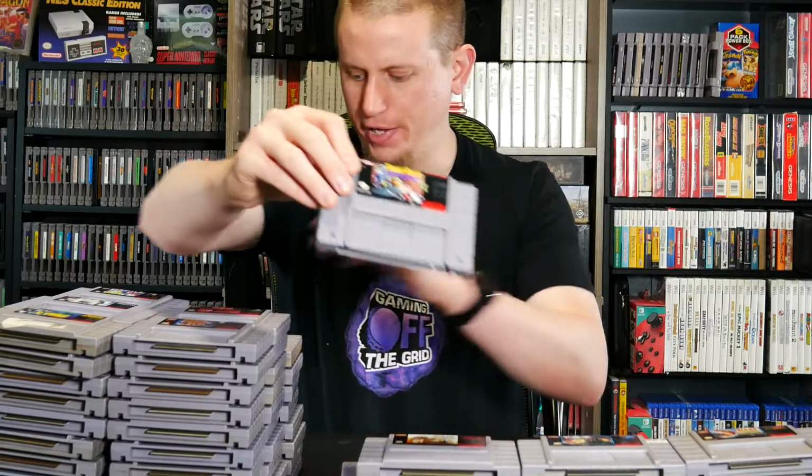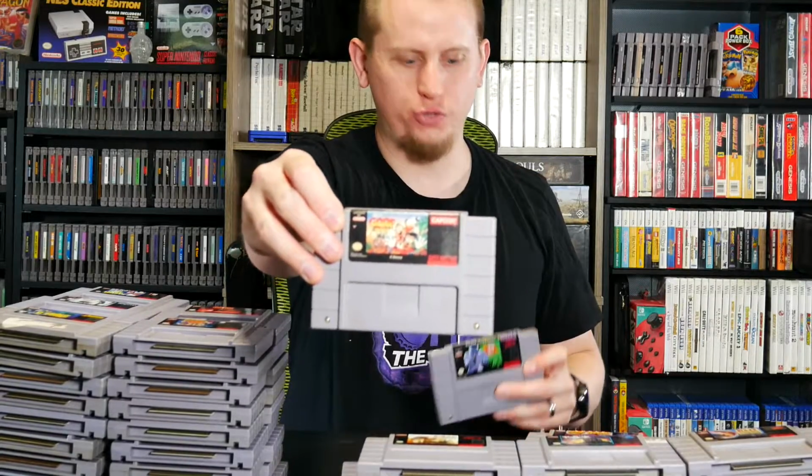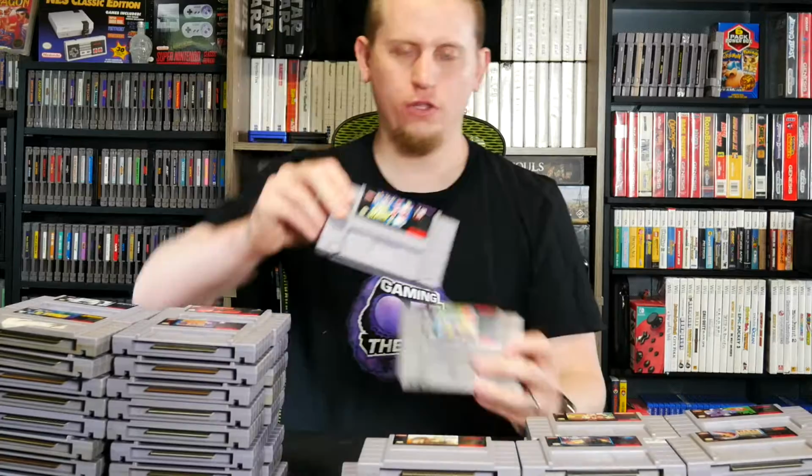Tiny Toon Adventures Buster Busts Loose, The Great Circus Mystery starring Mickey Mouse, Saturday Night Slam Masters, Stunt Race FX, Top Gear 2, Dragon The Bruce Lee Story, Where in Time is Carmen Sandiego, Super Conflict, Thomas the Tank Engine and Friends, Super Off-Road, Disney's Goof Troop, Clay Fighter Tournament Edition, The Ren and Stimpy Show Time Warp, Tetris Attack,